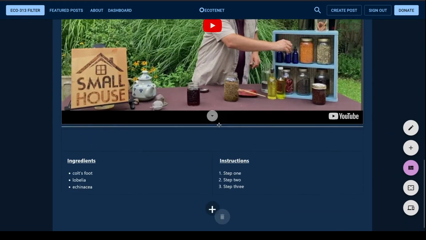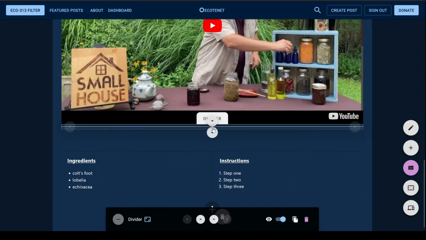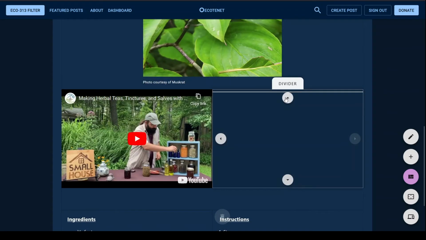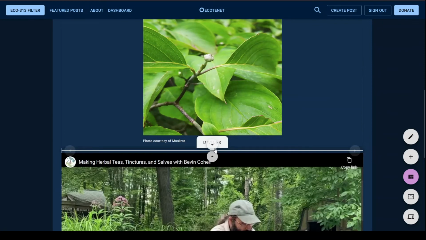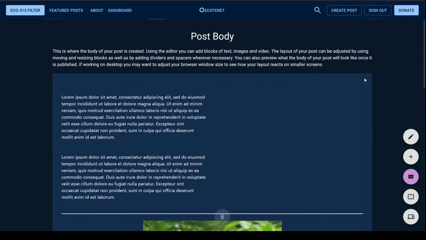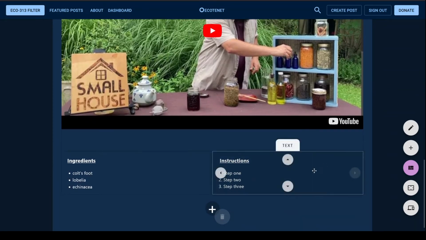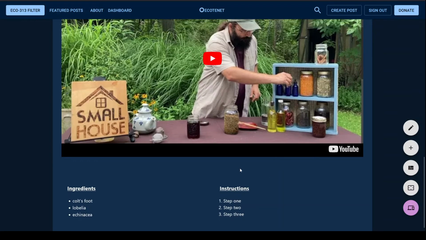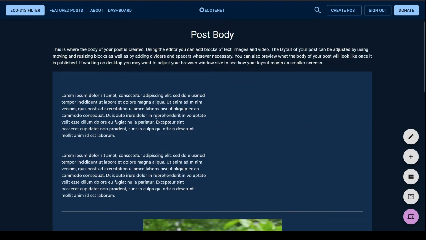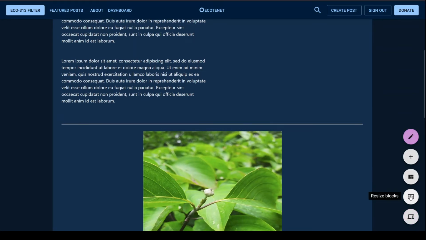So let's say we want to move our divider. Let's move our divider up. And let's move it up a little more, between our text and our image. Cool, so we can move all of our blocks around. We can also hit this preview page, which removes all of the kind of interface stuff and shows you exactly how it'll show up once it's published. So that's pretty cool. And then you can go back into your editing mode, or moving them,